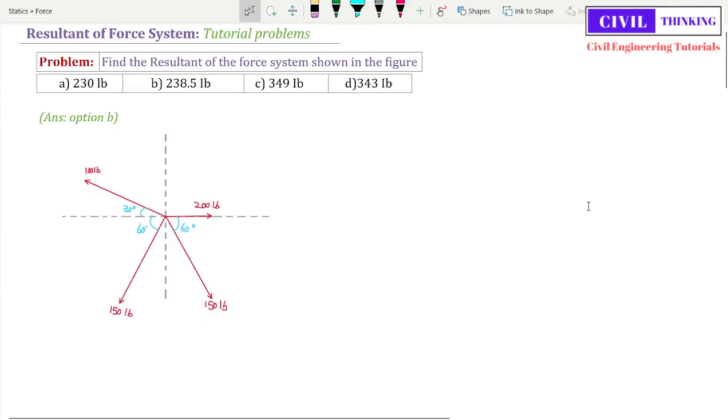Welcome to Statics classes by Civil Thinking, and today we are going to solve a problem on resultant of force